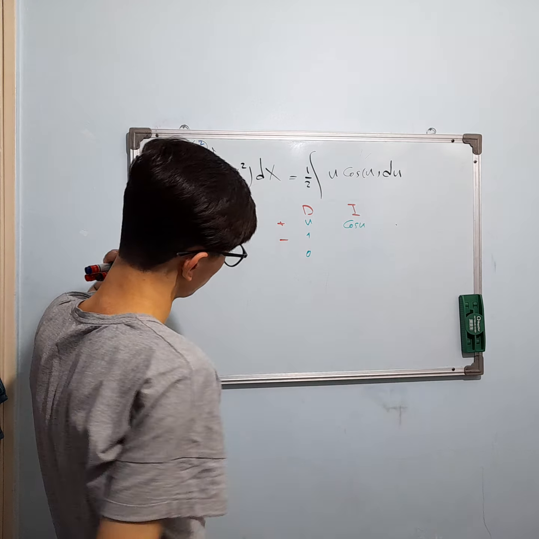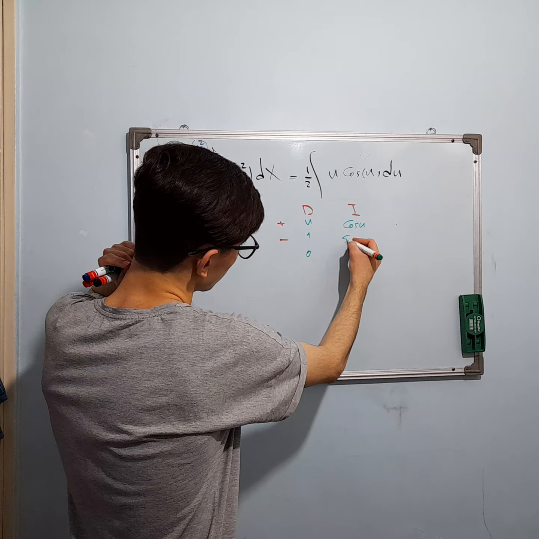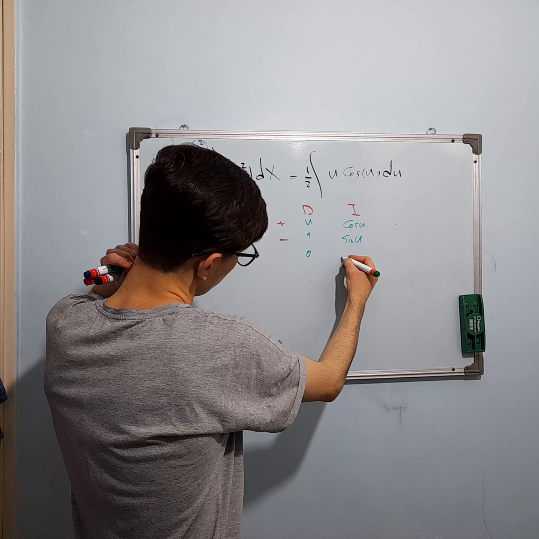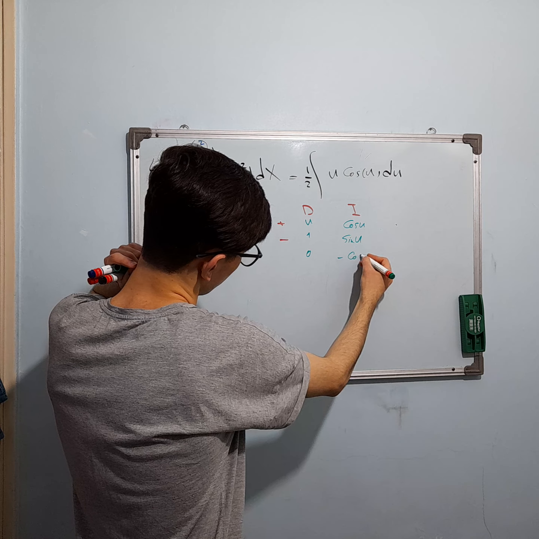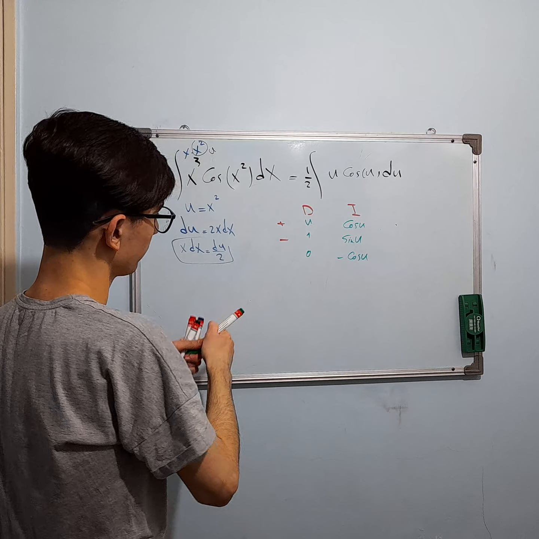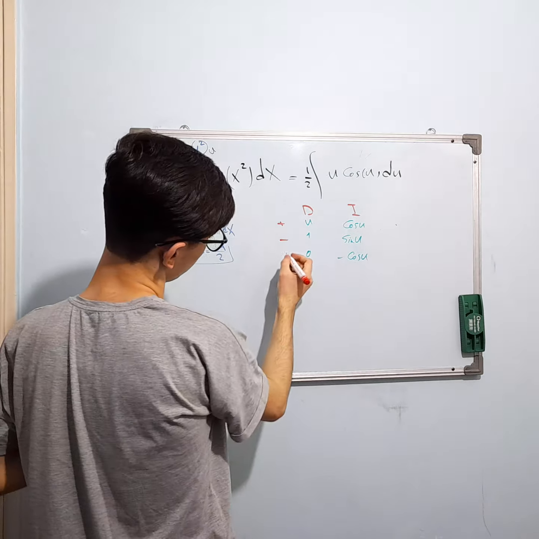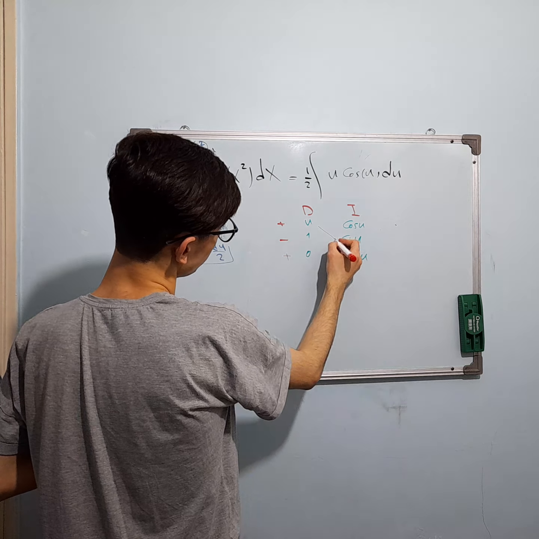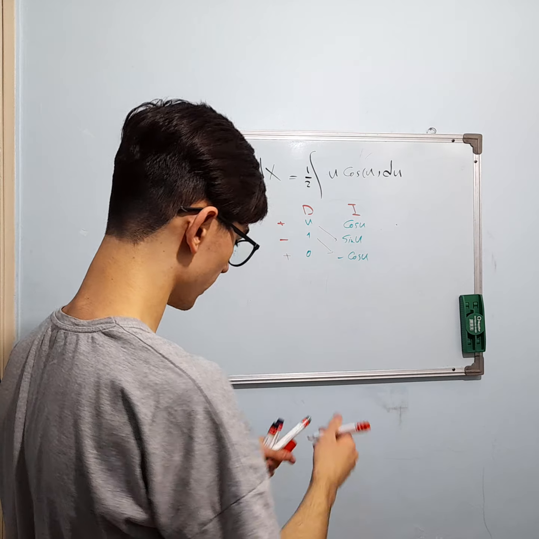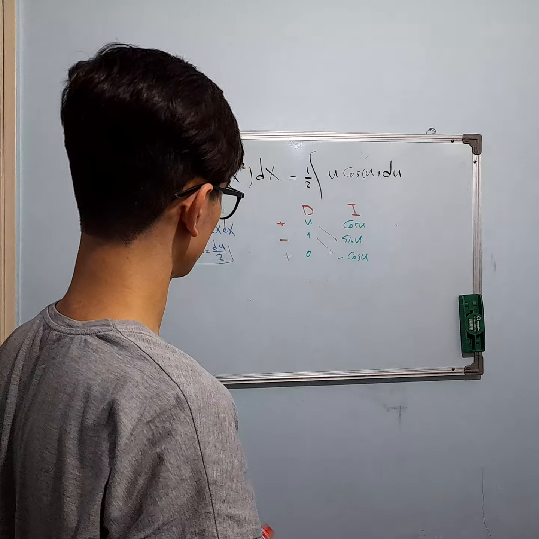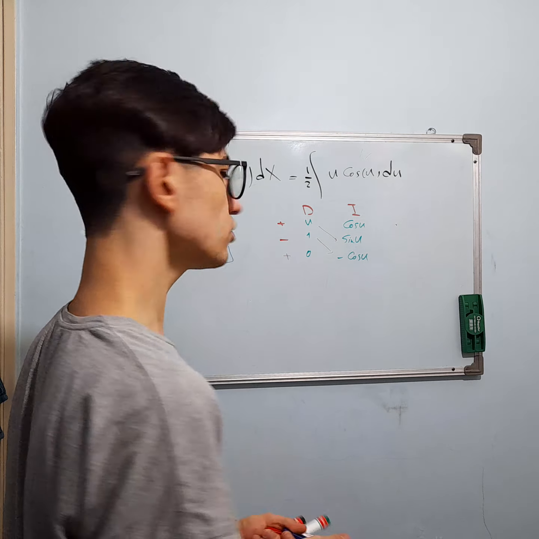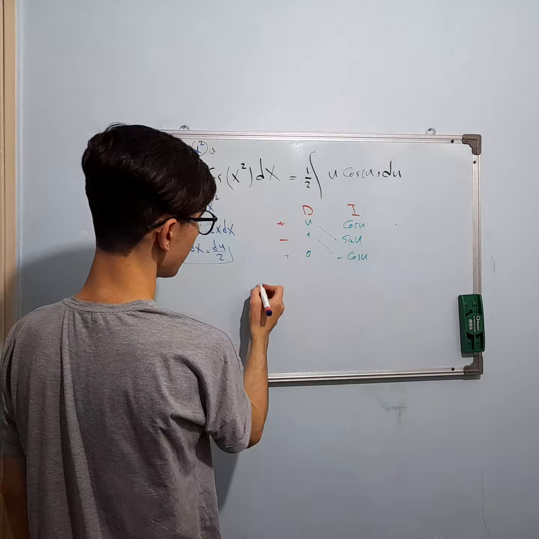The integration of cosine u is sine u, and now minus cosine u. And we must multiply. So now what? It's almost done. 1/2